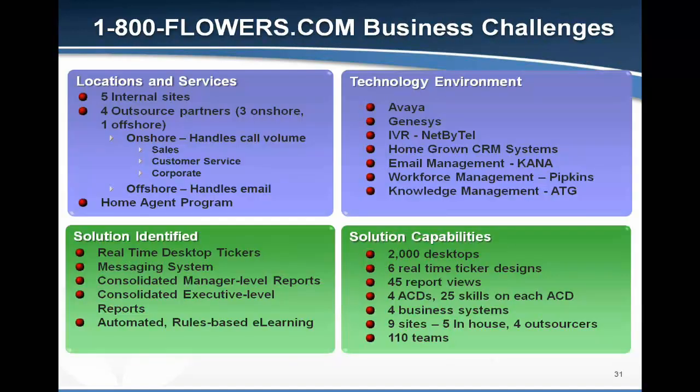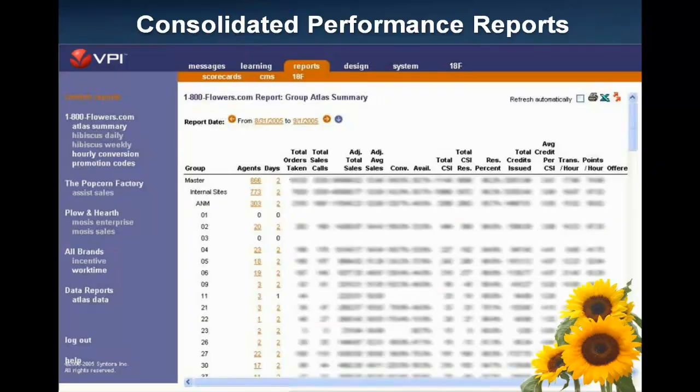It's a very complex environment, as you can see here: multiple locations, multiple outsourced partners, an at-home agent program, which, at the time when we first implemented the solution, they had 2,000 desktops, and now all their agents are at home. They've transitioned them all at home. So they're managing all their agents at home using this type of performance analytics technology to help agents really self-manage themselves. They had a complex technology environment, so we created integrations to all these different systems and show you some of the reports and